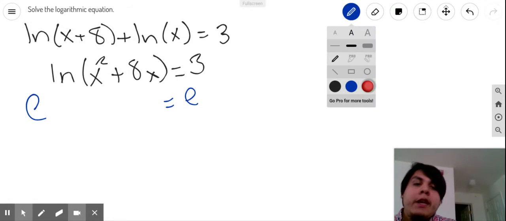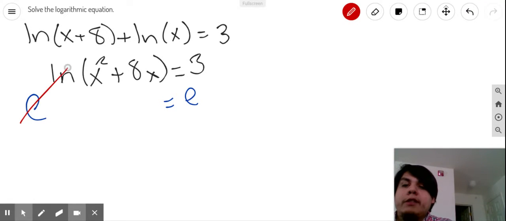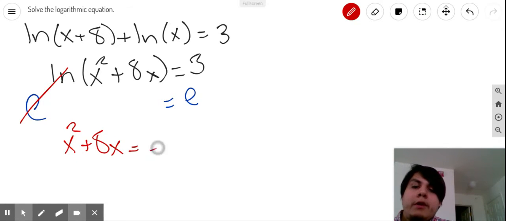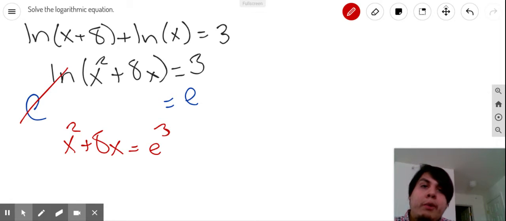Well, the e and the natural log are inverses, so they just cancel each other out. So I'm left with x squared plus 8x, and that will equal e to the third. So either way I did it, I would have ended up with x squared plus 8x minus e cubed